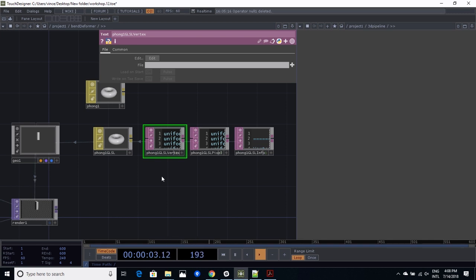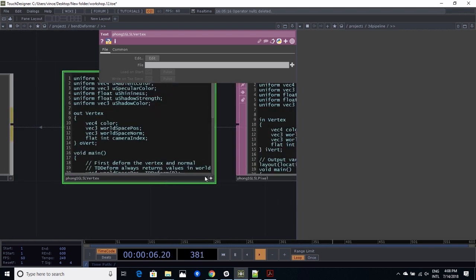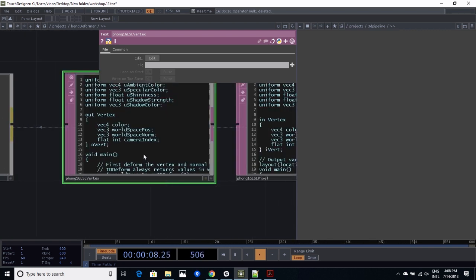So for this, we're going to do a rotation, but then based on the height of the point, we're going to limit it. So the first thing is how do I rotate